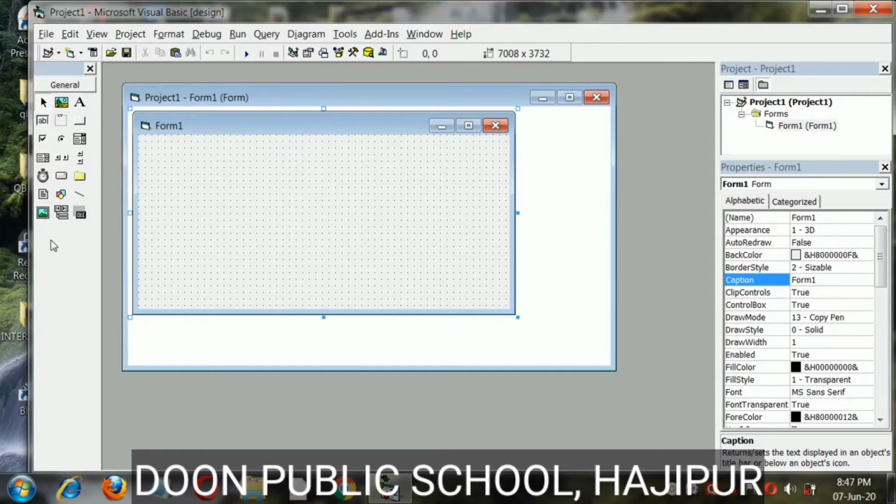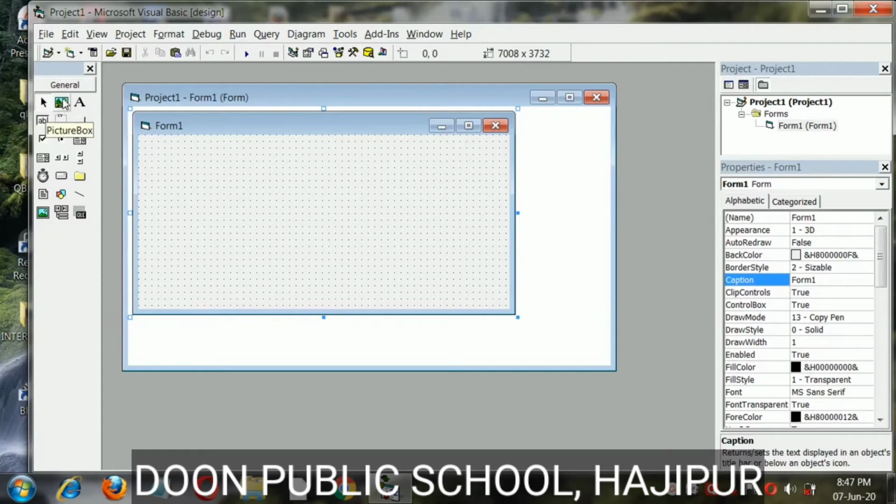We discuss the different bars of Visual Basic screen. First bar is title bar, where the name of our project file or form will be there. Then menu bar. At left hand side there is toolbox. At right hand side there is project explorer, which is having project and forms. Then property window.